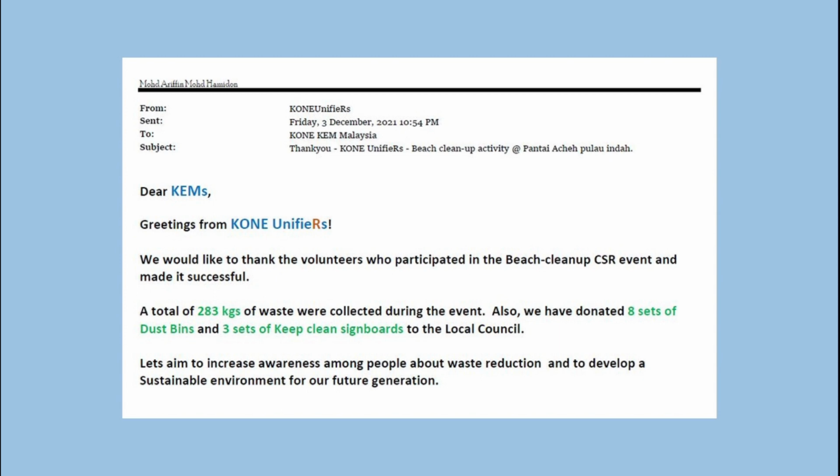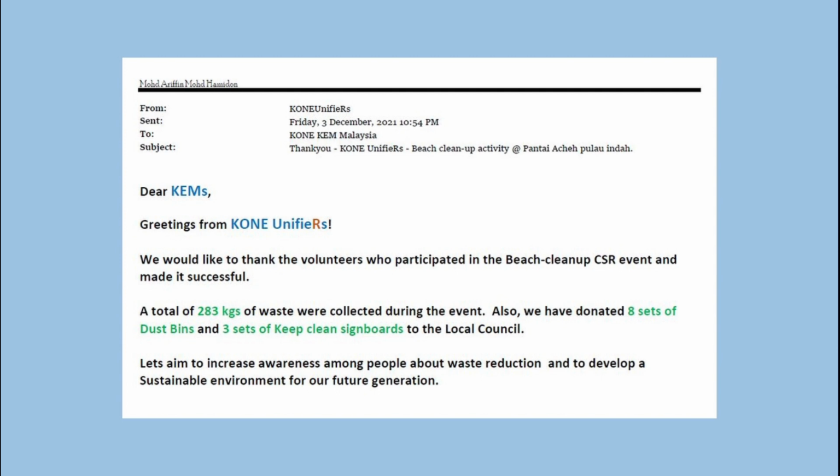We would like to thank the volunteers who participated in the beach cleanup CSR event and made it successful. A total of 283 kgs of waste were collected during the event. Also, we have donated 8 sets of dustbins and 3 sets of Keep Clean signboards to the local council. Let's aim to increase awareness among people about waste reduction and to develop a sustainable environment for our future generation.